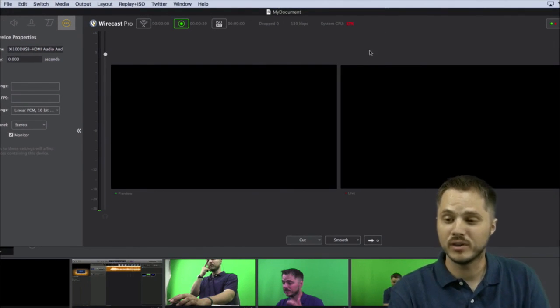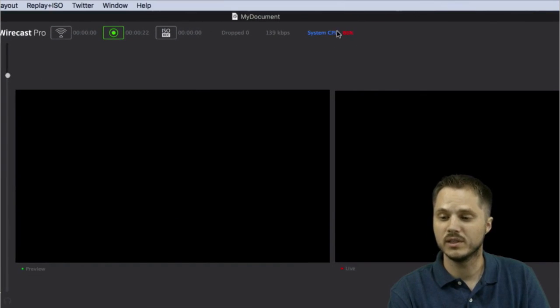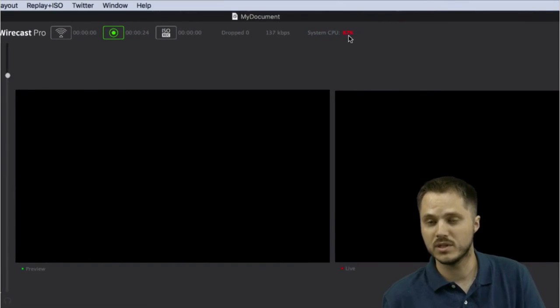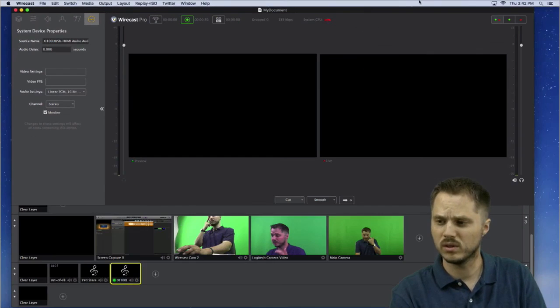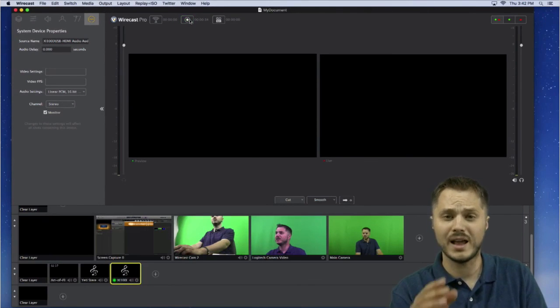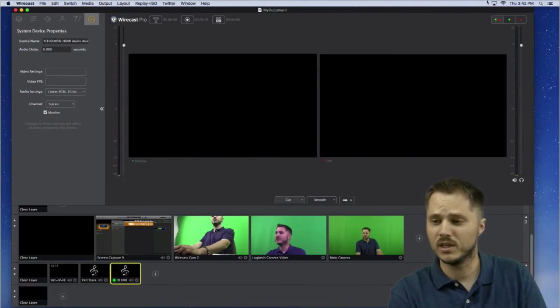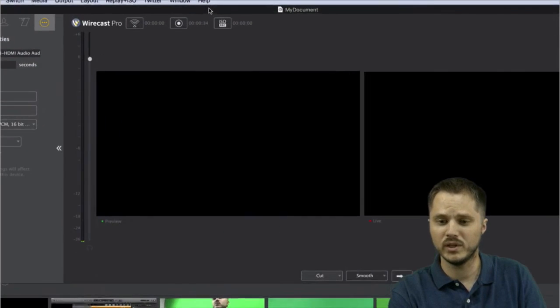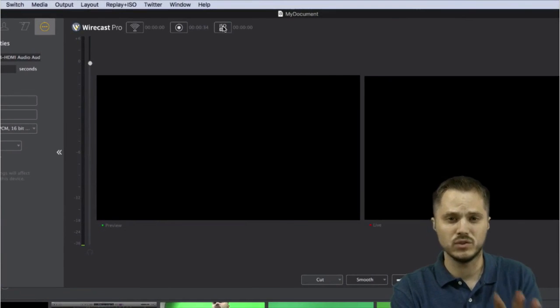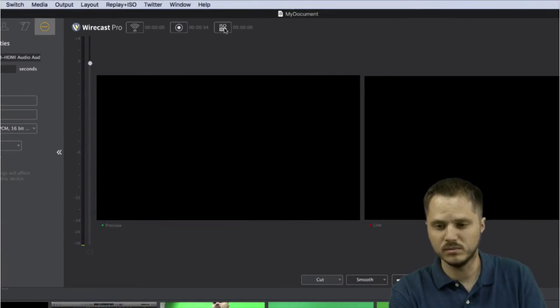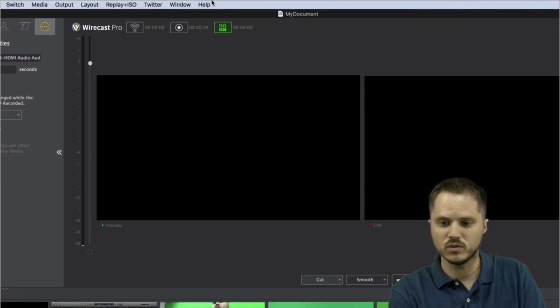I would not personally attempt an ISO on a computer that's struggling this much. So this demo machine is just a little Mac Mini. It's not the most powerful. I'm not even sure, it's not a quad core, I believe. I highly recommend quad cores because they really benefit from extra encoding work. Since this is, I think, a dual core, it's going to struggle. So anyway, you could be recording and doing the ISO as well.